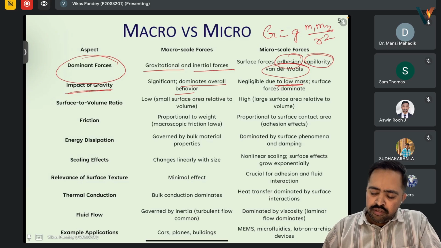I'm not sure. F was it? F is equal to some constant was there, right? So